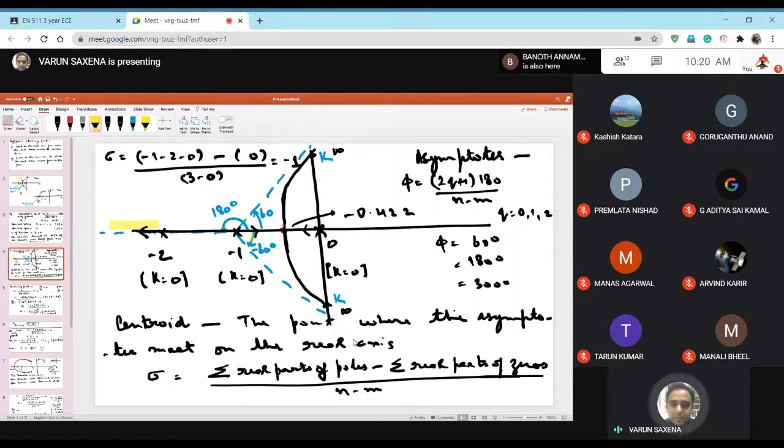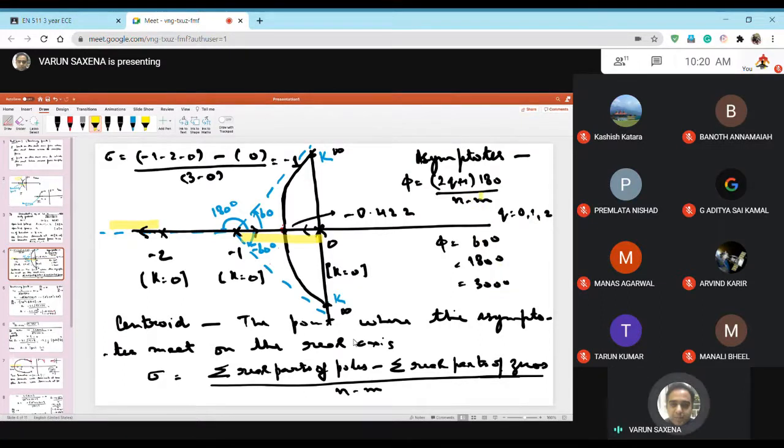Then if you come to this region, this region also lies in the root locus because to the right of this region the number of poles is 1, right? 1 is odd, so that means this region lies, from -2. Then we evaluated the asymptotes. The angles of the asymptotes came out to be 60 degrees, 180 degrees, 300 degrees, which is based on the formula that we had done last time.